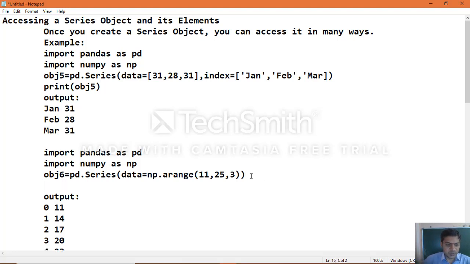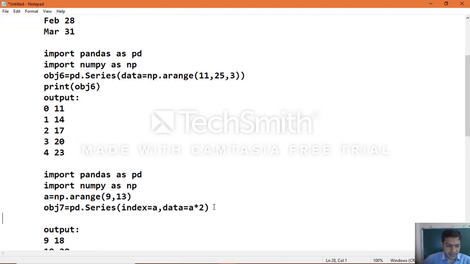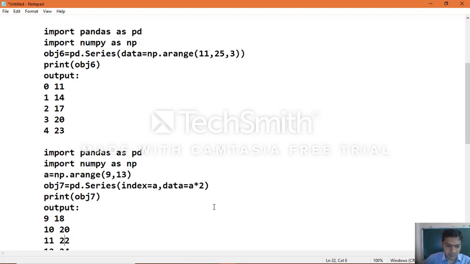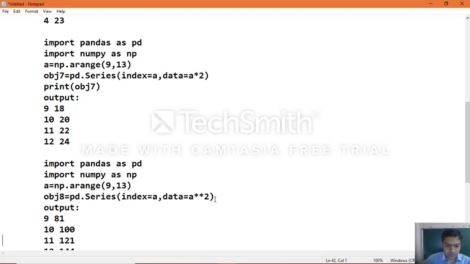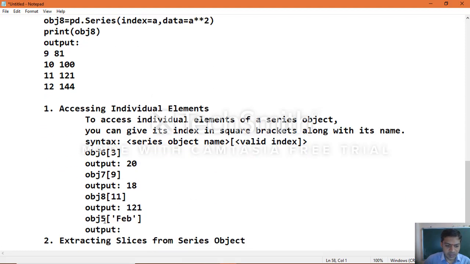Here also we didn't print the object, so just print obj6. In the same manner for all the example objects we created: print obj7, print obj8. Now the output you get when you apply the index number of object 5, fib, is 28.